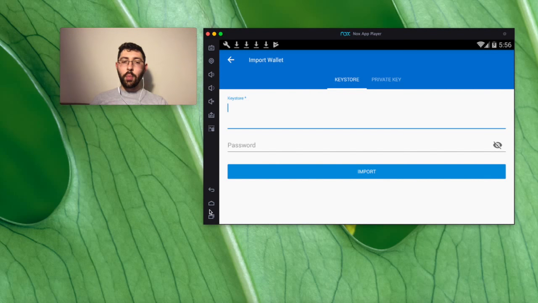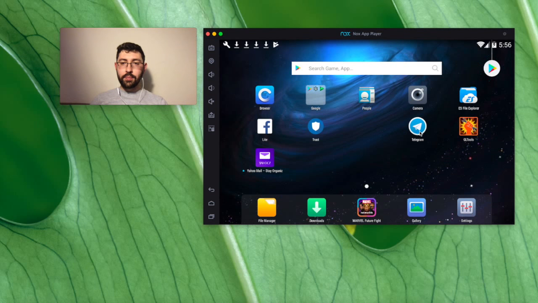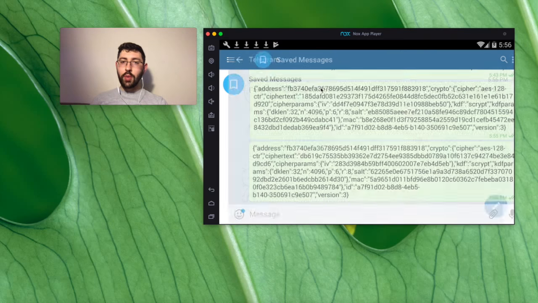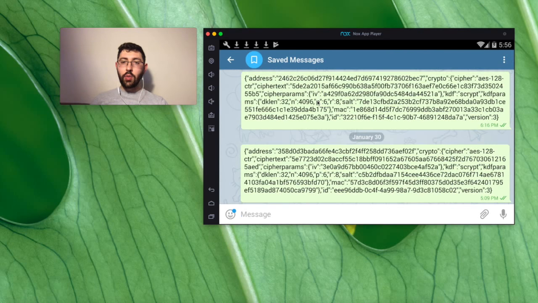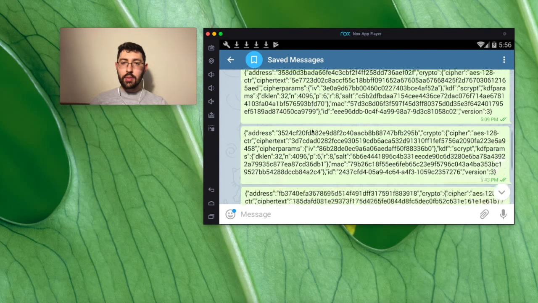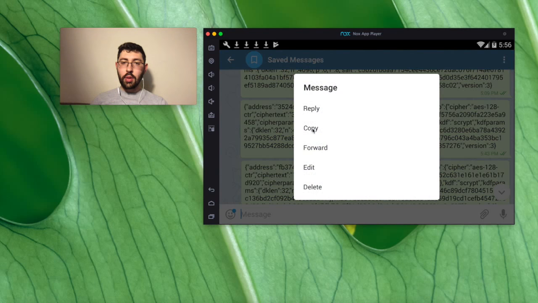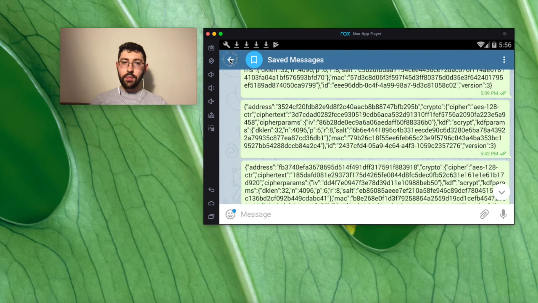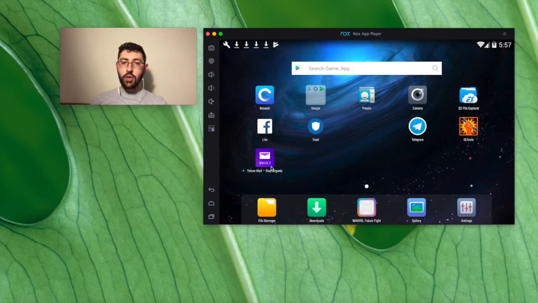Now I'm going to go back to my Telegram app, go to my saved messages, select one of my older backups, copy it, go back to my Trust Wallet app,